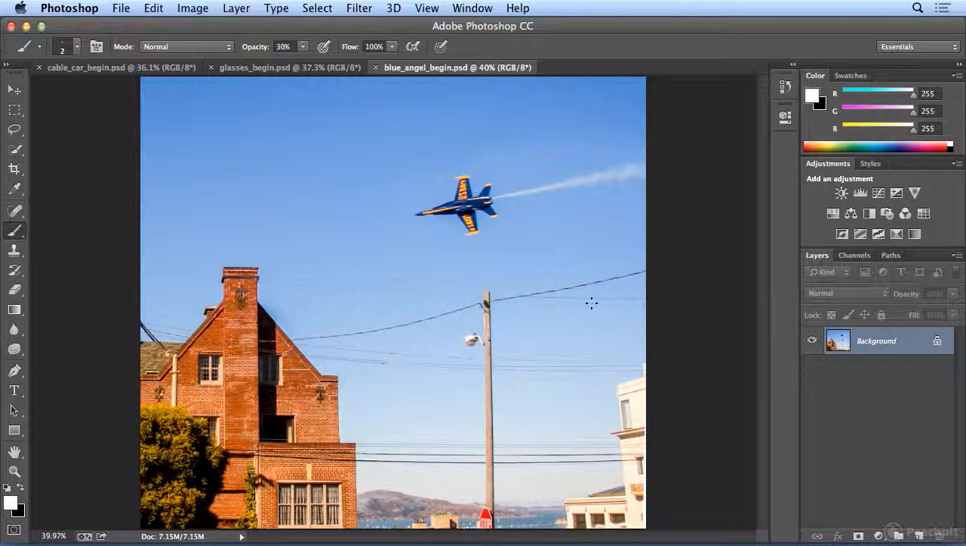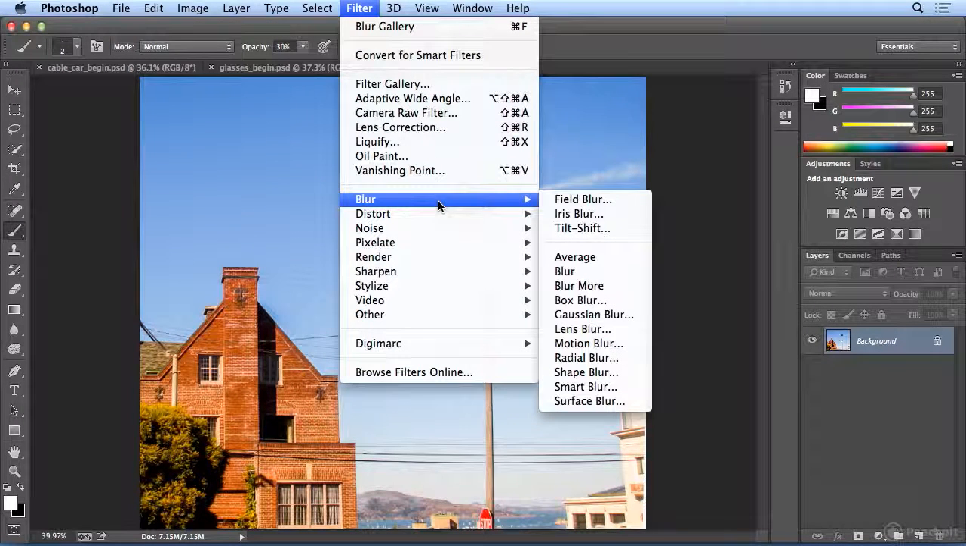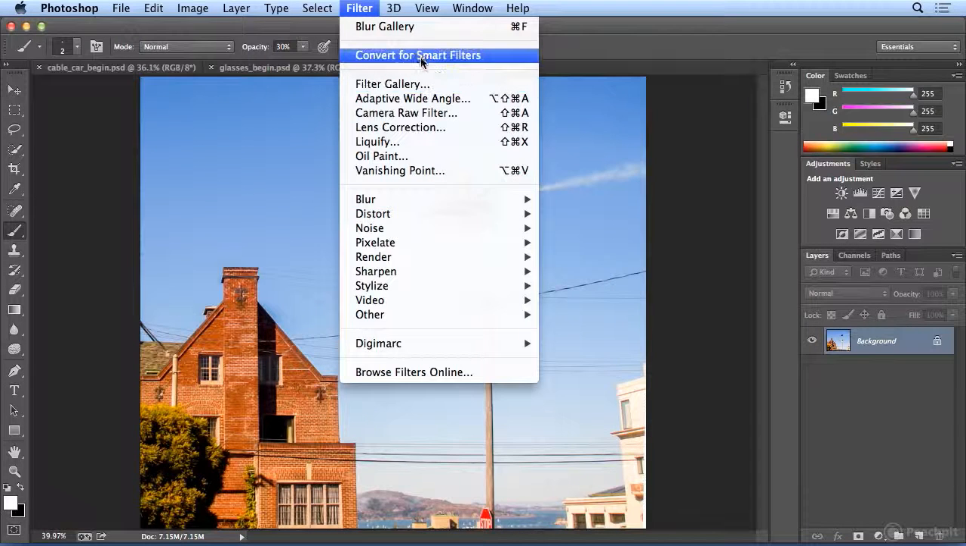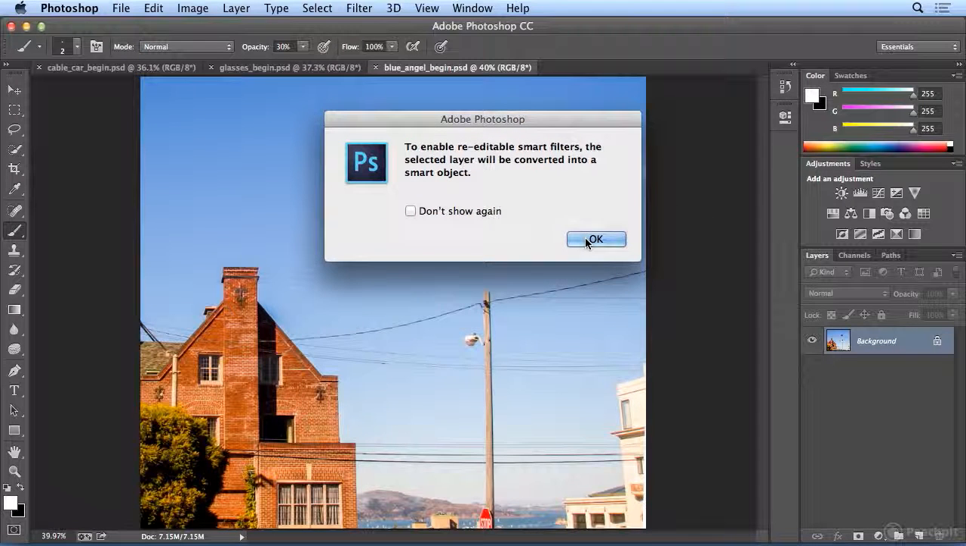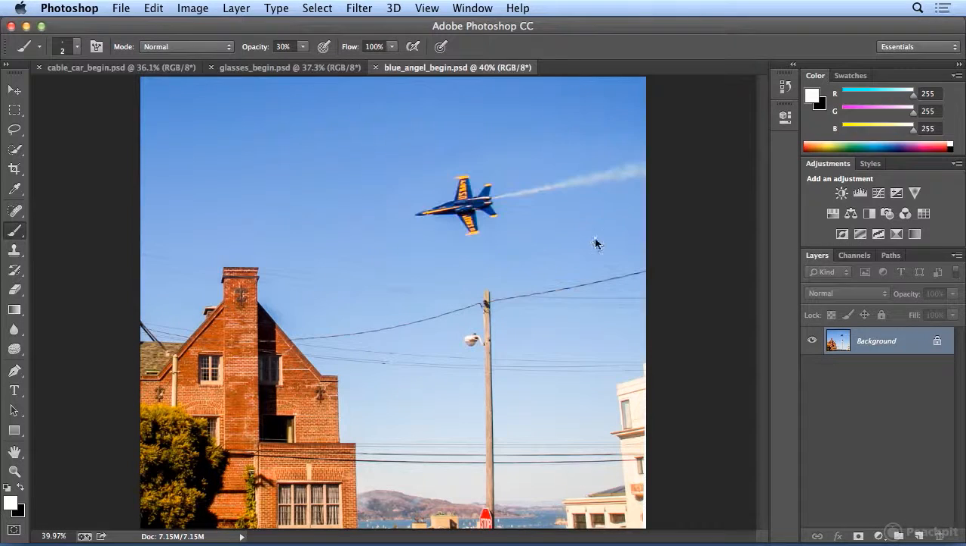Now, with Photoshop CC, your blur effects under Filter, Blur and the high-end Field Blur, Iris Blur, and Tilt Shift can be run as smart objects. Thank you, Adobe. I have really wanted to edit these settings in the past, but once you applied them, they were permanent. If I choose Filter, Convert for Smart Filters, okay, I know it's going to be a smart object, so I'll hit Don't Show Again. I'll name this Blue Angel,